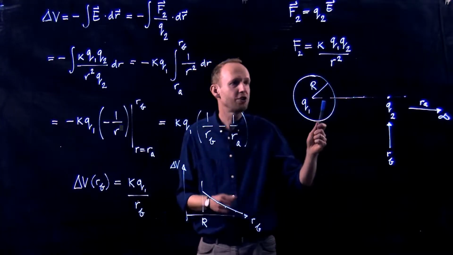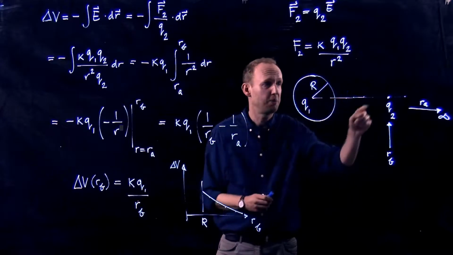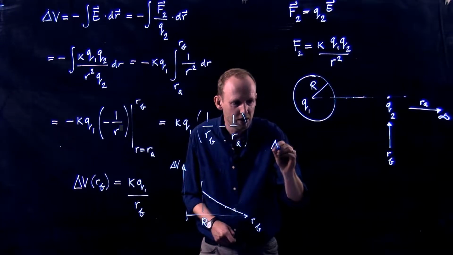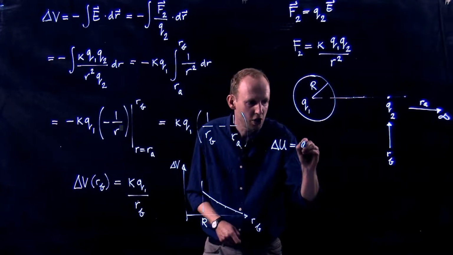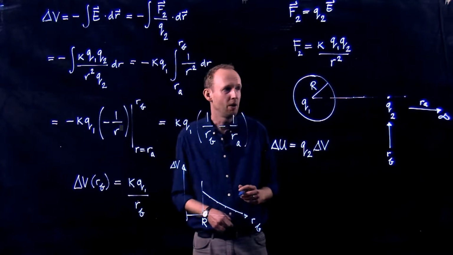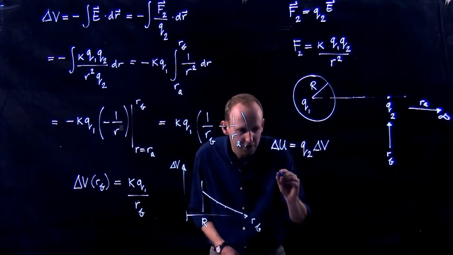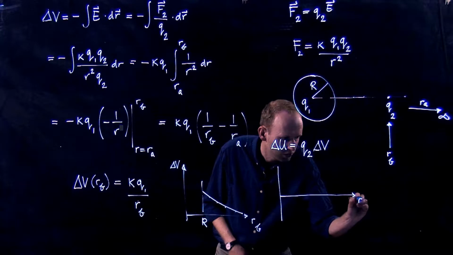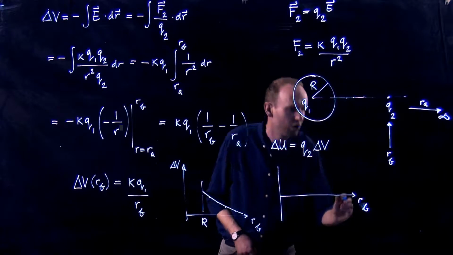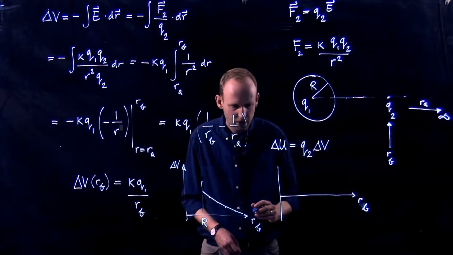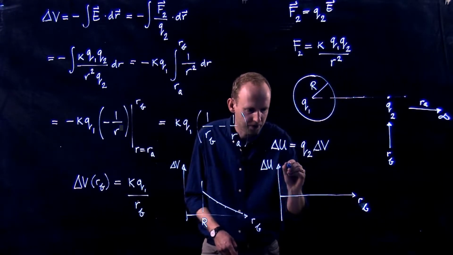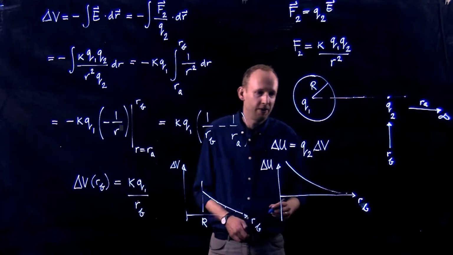But now we're interested not just in the potential, but also in the potential energy experienced by this charged particle Q. We know that the potential energy, delta U, will be the charge Q2 times the potential. Now, if Q2 is positive, then that will be a very similar graph. So here I plot again RB, the location of the point charge. Here I put the potential energy, and I get a very similar function that looks like this. This is if the charge